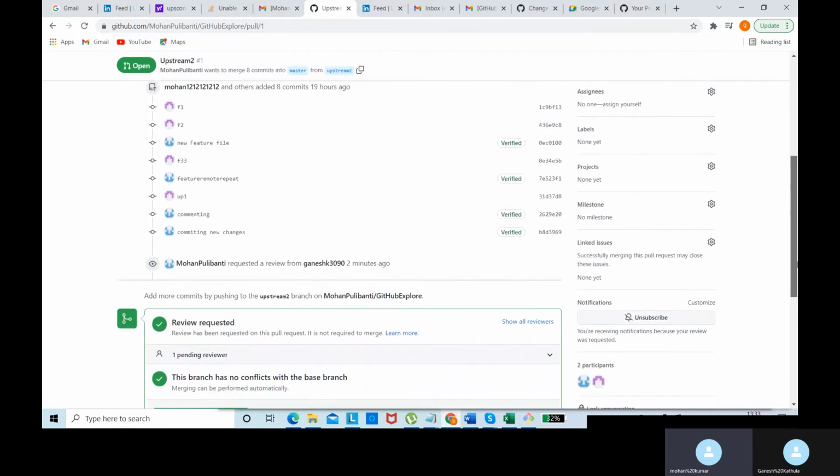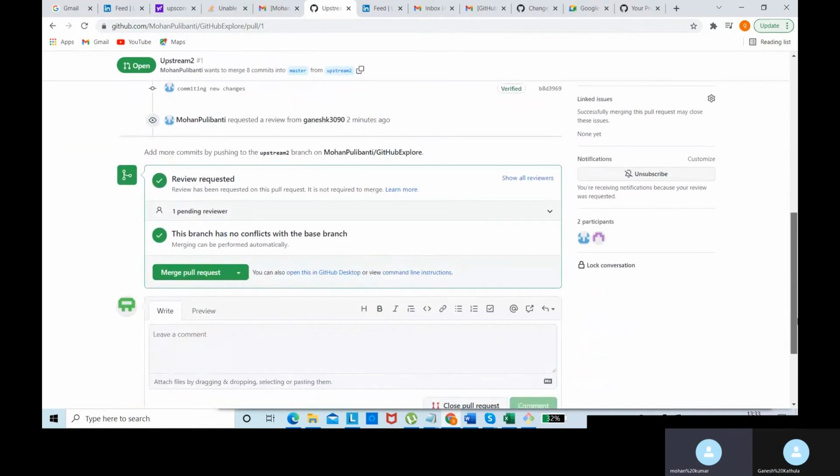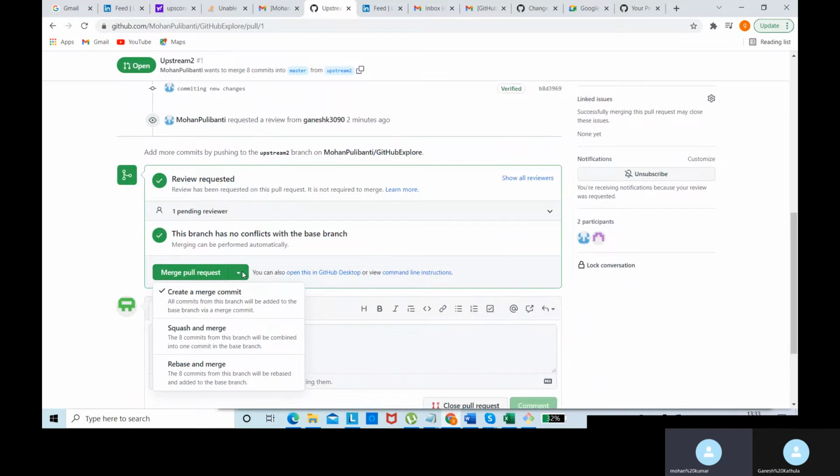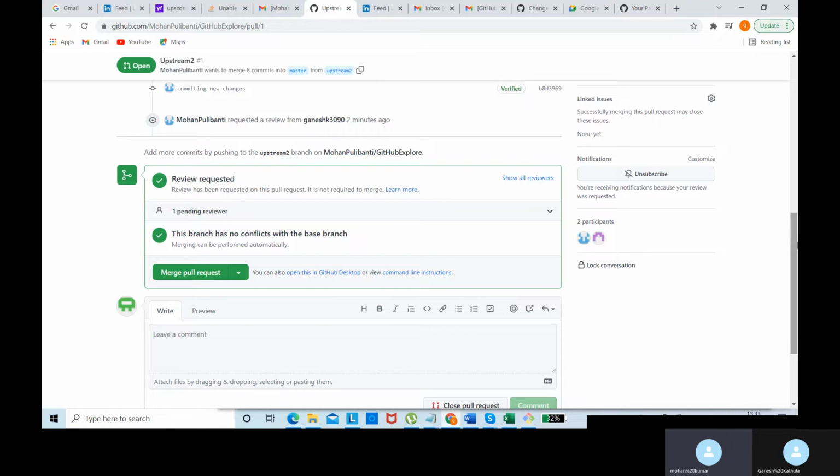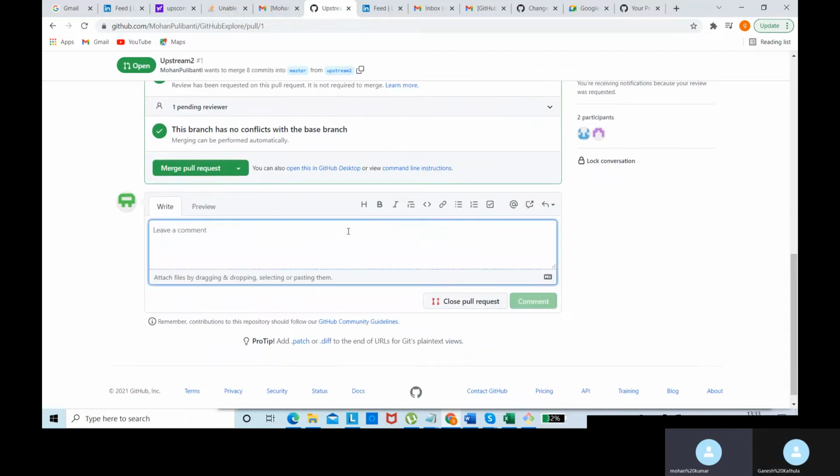Right now we haven't added any changes to this, so that's the reason he is not able to see any differences. But for now he can add a review for it. So he can scroll down and write a comment, saying for example, add a text to a particular file. Add pull request understanding text to a branch, a particular file name.